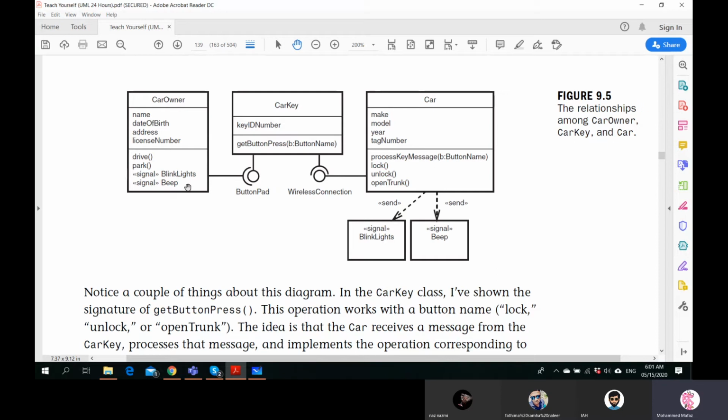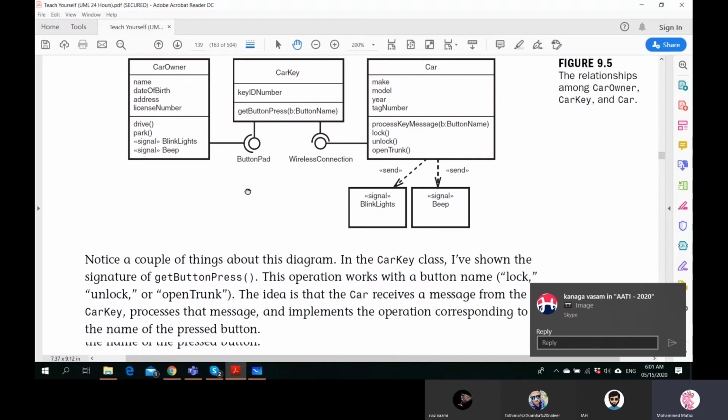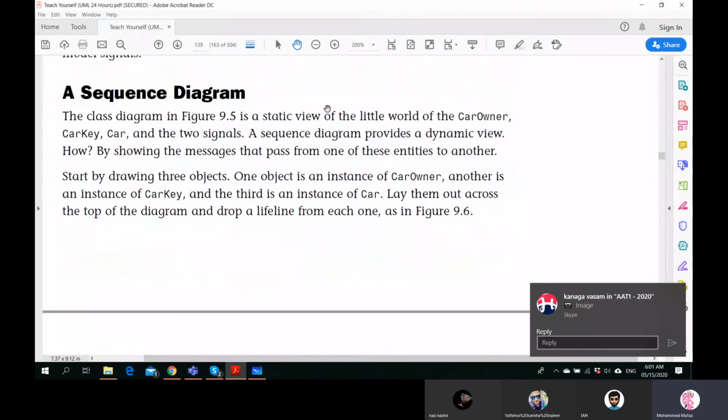So for that, we have to show some kind of asynchronous message from the car to the car owner. From the car to the car owner, we need to send the signals. Then we can say that this interaction has taken place. Now, that is converting the class diagram into a sequence diagram.